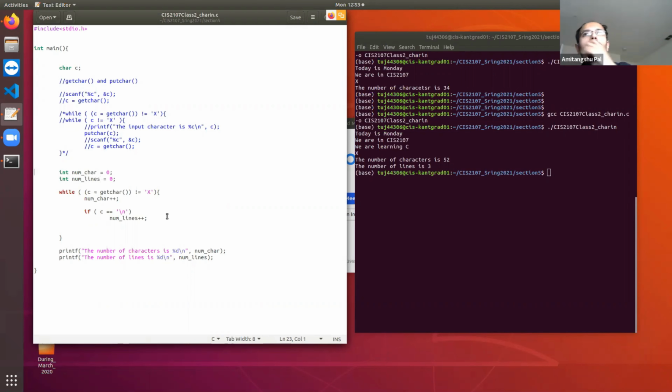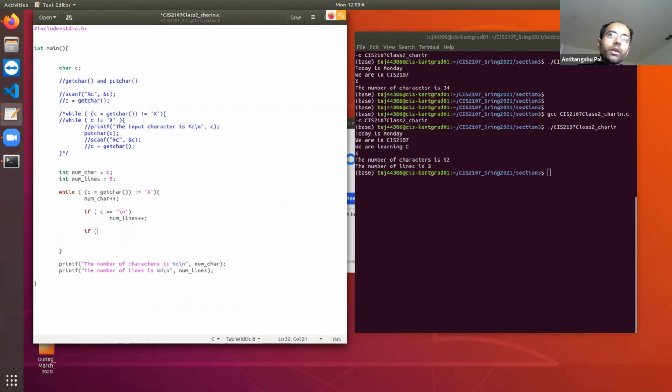Okay, so how can I do so? I can do it like this: if c is equal to space or, okay, double bar means it is logical or, c is equal to tab or c is equal to newline character.